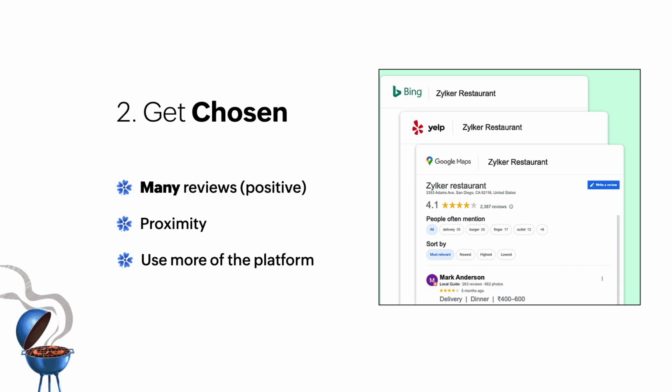Next is getting chosen. How do you choose from 10 or 15 businesses? You go with the overall rating. Personally, I recommend businesses with more than 4.5 stars. That is how you do it, right? So, as a business owner, you should manage your reviews well. Updating the proximity is the most important thing. I mean, put your right latitude and longitude in Google Business Profile and update that information on multiple directories.